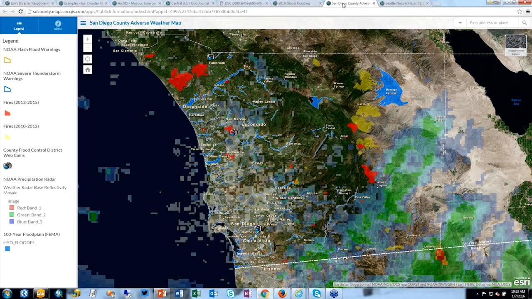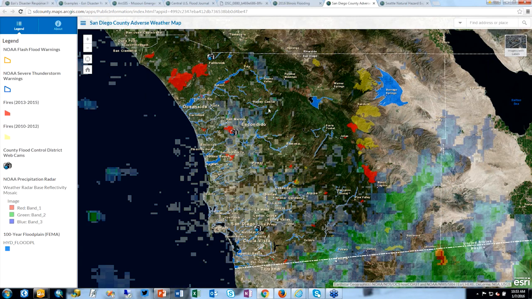Another example that I wanted to show here is from San Diego County, and I picked this up actually from their Facebook page, and they're using the configuration of the public information map template exactly how we envisioned, to provide current situational awareness information to the public on where there's current precipitation, where that precipitation may intersect with things like wildfires that can present serious problems in this El Nino year, that type of thing. So a great use by the San Diego County Emergency Management Agency to put this information out and make it accessible to the public.